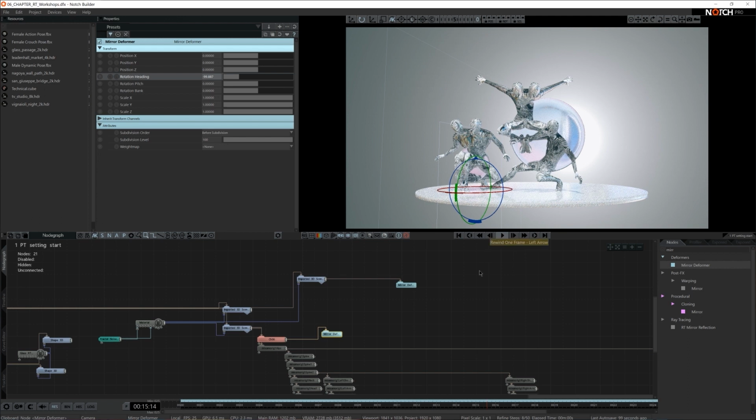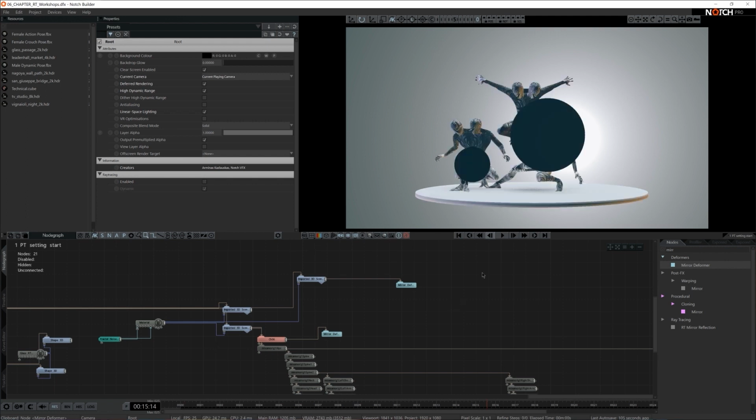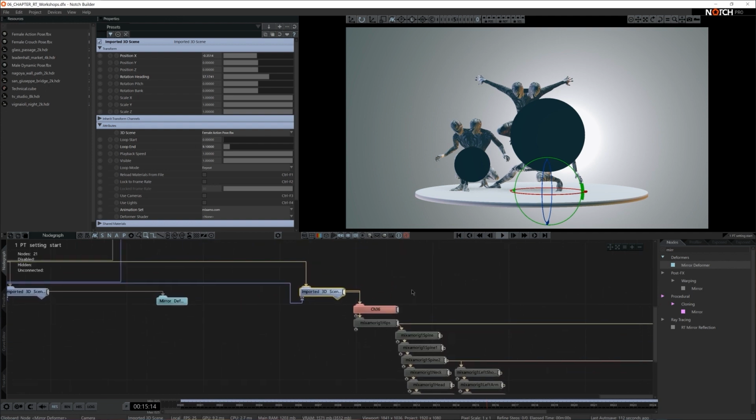Let's see how this looks with path tracing on. All right, not bad, not bad. Let's give it time to refine. This guy, we could apply something else for the third one. I'm gonna pull this off to the side, and I think I'm gonna go for